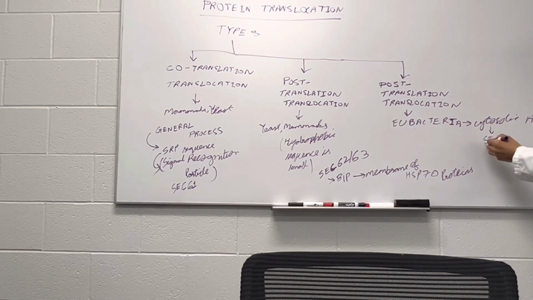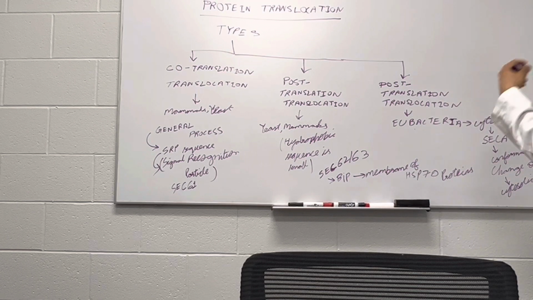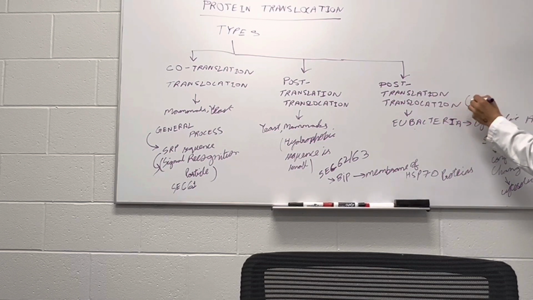So whenever a polypeptide chain comes in contact with SecA, a conformational change occurs, and this conformational change leads to further interaction with the cytosolic cycle, that helps in translocation of protein after translation, and this is mainly for the secreted proteins,